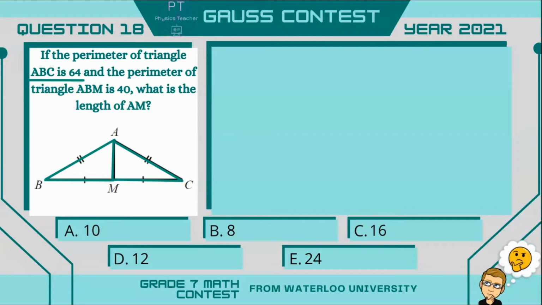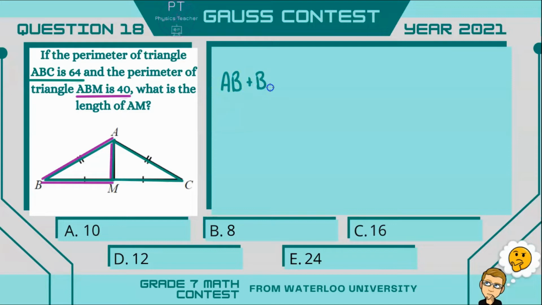Now what about the triangle ABM as 40? In that triangle, here we have one long length, one short length, and then AM, which is the one we're looking for. Well, if ABC consists of two long and two shorts, and ABM consists of one long and one short, plus AM, then we can say this AB